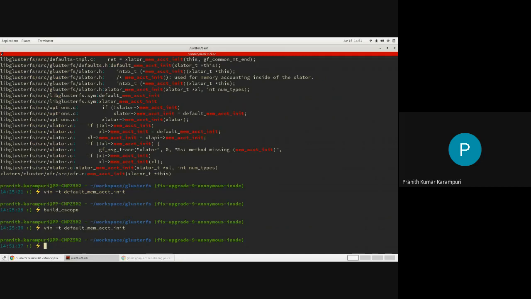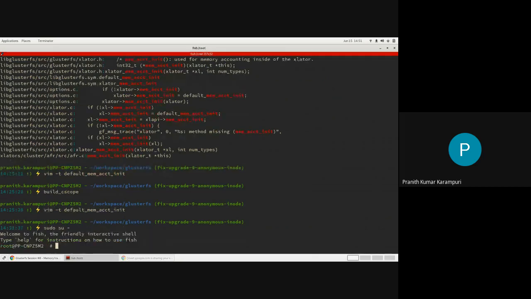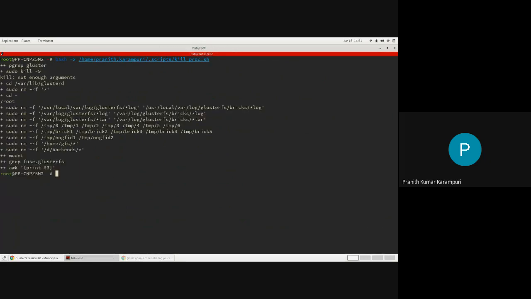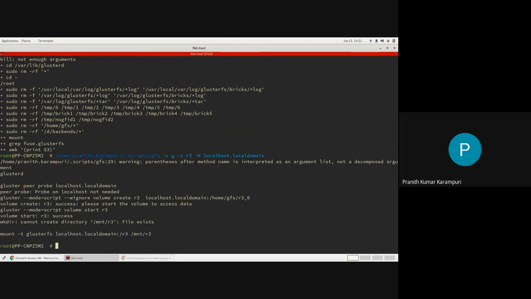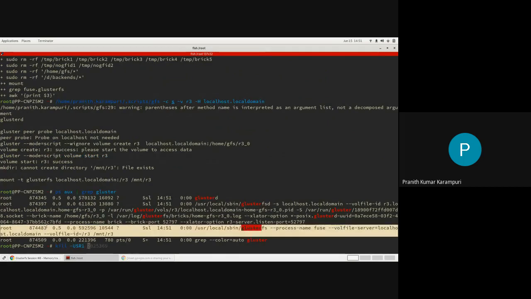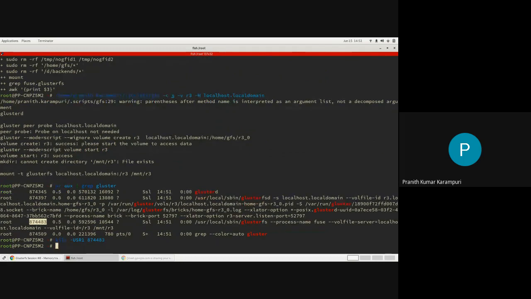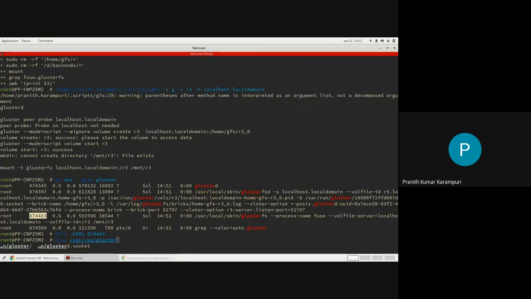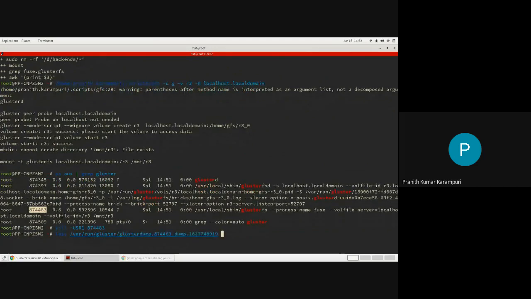So let's look at this in action. When we do a state dump, this is the file which gets generated by this process.